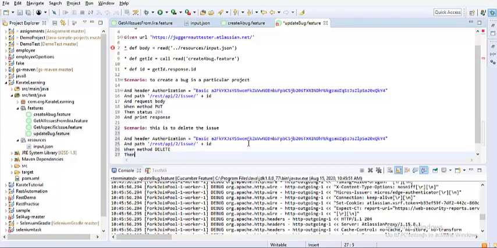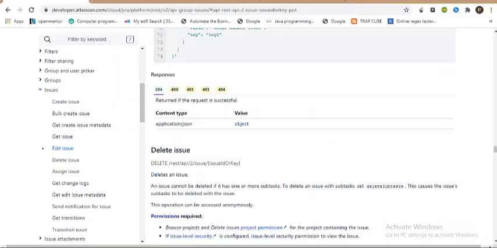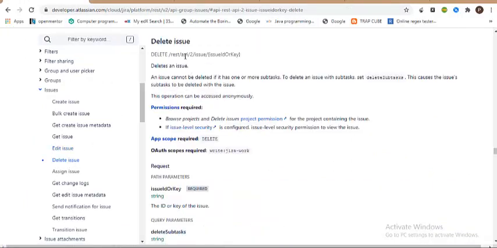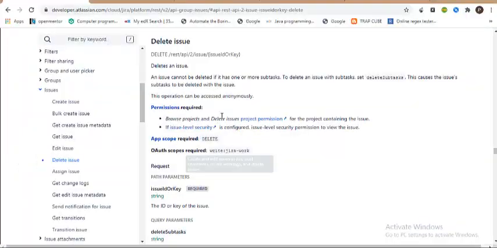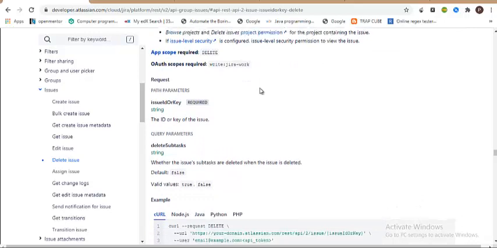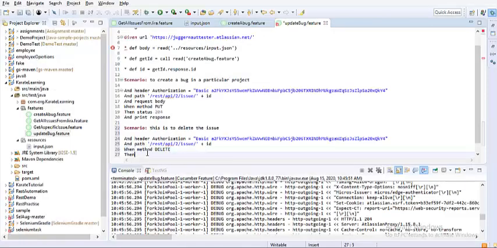And then let's go through the documentation part and see how they support the delete request. So if I go to delete issue, this is how the endpoint looks, and the path parameter is also the same, so they are just expecting us to get the issue ID, and the method that you are trying to invoke is delete. And let's see what they return. They're not actually returning anything, so they are just creating 204 as the status code. So let me just put down the same assertion, so 204.